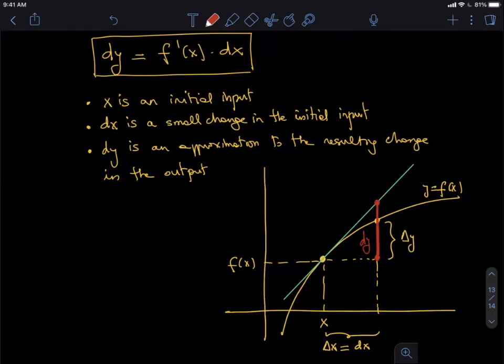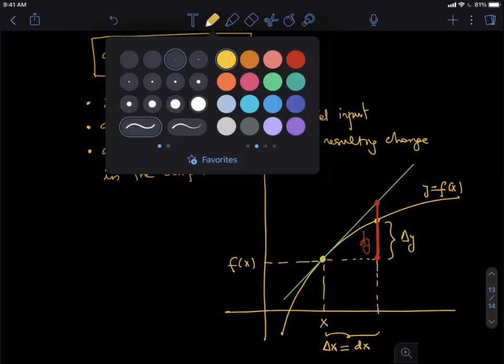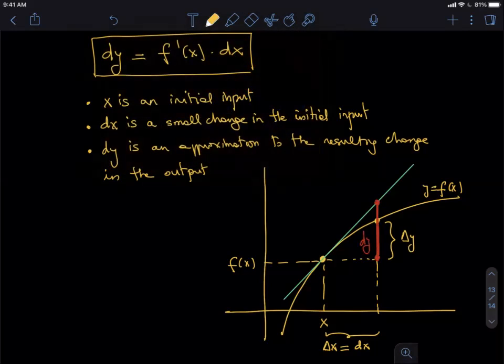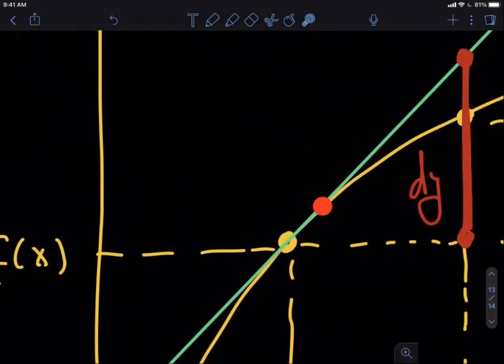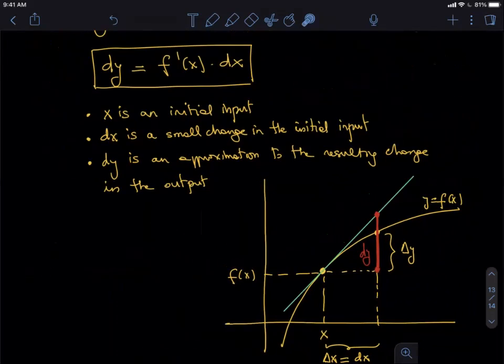So this is dy. Okay, so in this picture, everything is really big. So it may not look like a great approximation, but if I repeat this picture for a very small increment of x, then you will agree with me that the difference between the dy and the increment of y is going to be minimal. I can almost not see the difference in the picture, okay, once I zoom in. All right,